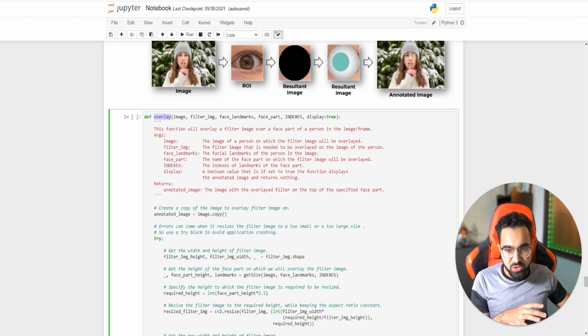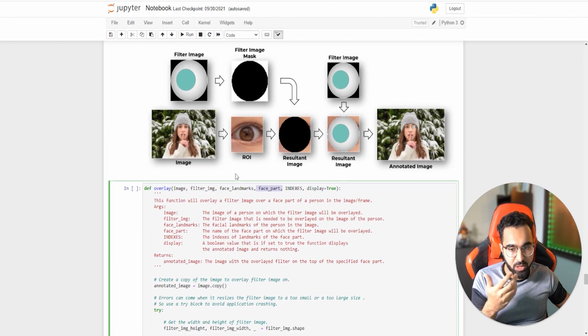So this is the whole workflow, and the whole workflow is encoded in this single function called define overlay. This is the function which takes an image, takes a filter image, and also takes other things like landmarks, facial part, and indexes. The facial part is the part which you want to overlay. Right now, when I want to replace the eyes with this eyeball, the facial part is going to be the eyes, and the indexes are going to be the indexes for that particular part.